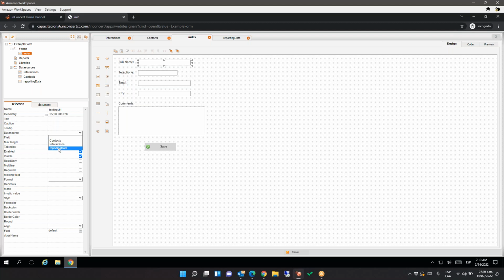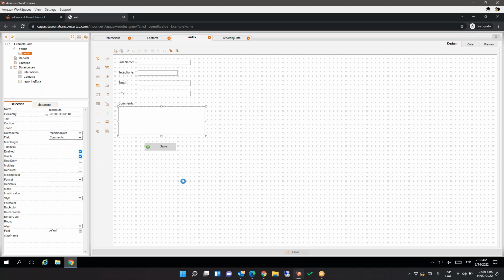So I will put here, store this in reporting data, full name. In reporting data, telephone. In reporting data, email. In reporting data, city. And in reporting data,